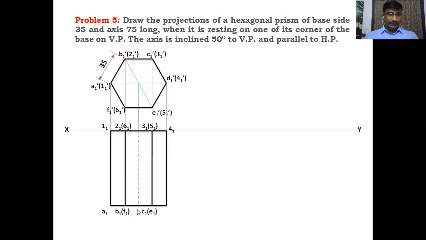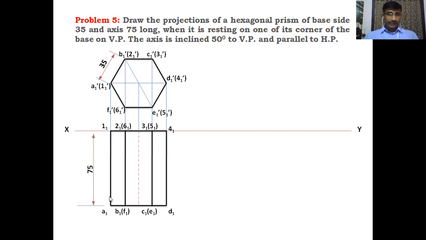These are without dashes. Without dashes means it's the top view. With dashes is the front view. This is D1, which is a visible corner, as I'm looking from this side. Okay, this is the prism. When the axis is perpendicular to the VP, it is the top view of the prism. It is the front view of the hexagonal prism.